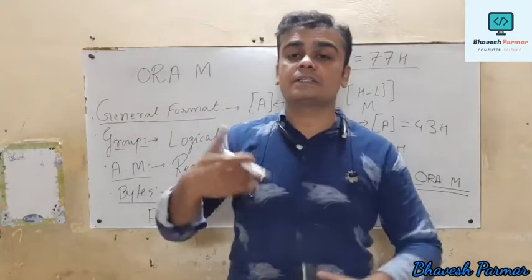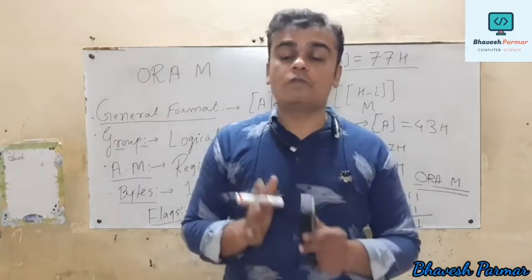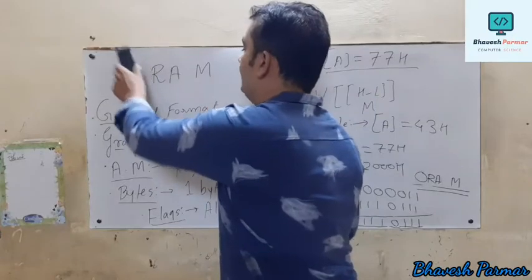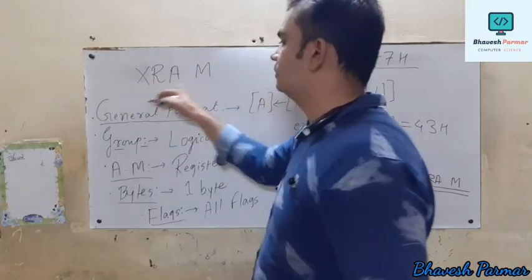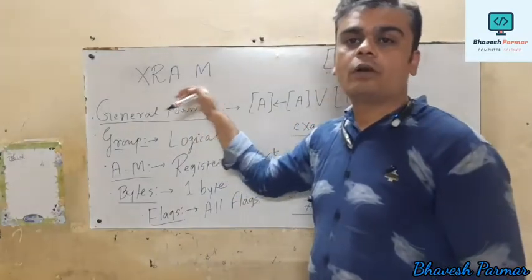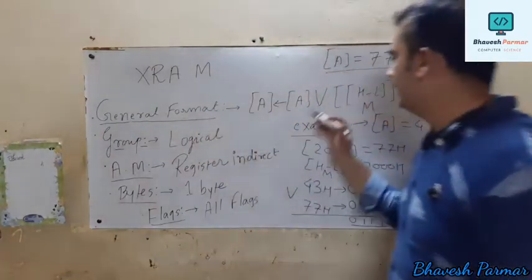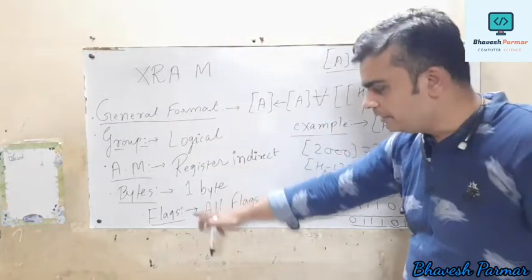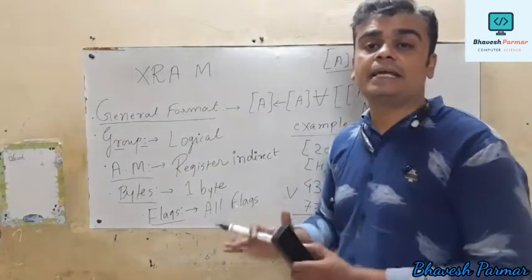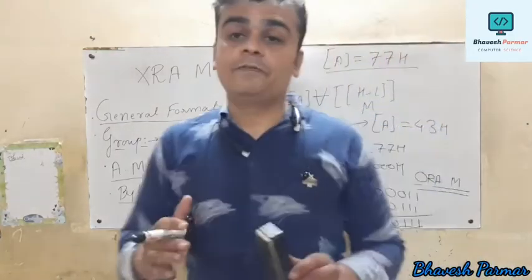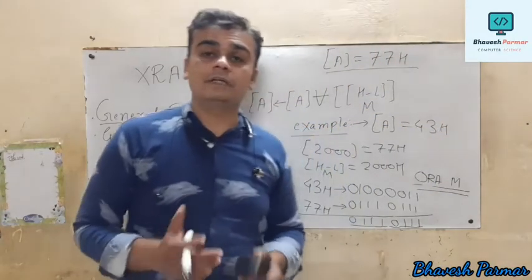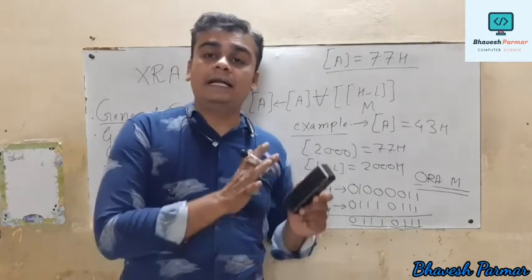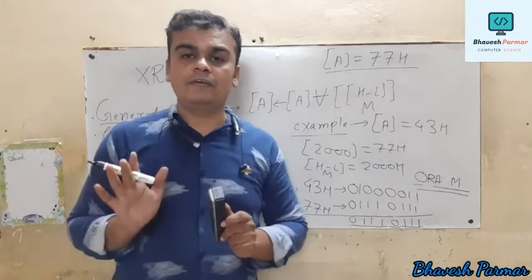Now we are going to focus on the next instruction, that is exclusive OR operation with memory. There will be a little bit of change. Instead of writing O, I am mentioning X here. So my next instruction will be exclusive OR with memory. In the general format I make a small change. This is the symbol for exclusive OR. The remaining points are the same as our previous instruction. This instruction performs logical exclusive OR operation with memory and the result is stored in the content of A itself.